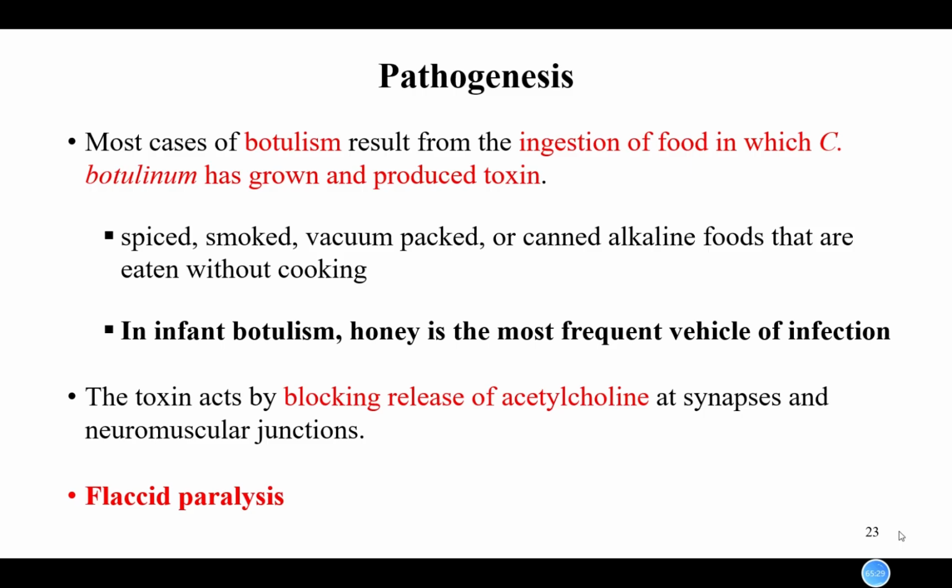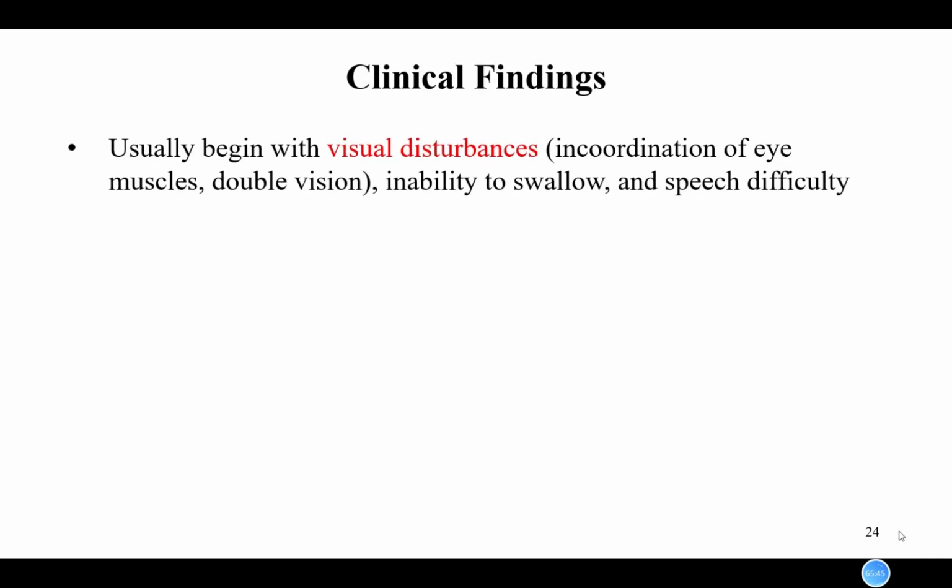Okay. The toxin blocks the release of acetylcholine and causes paralysis, the flaccid paralysis. The paralysis can influence a lot of muscles. Usually, it begins with visual problems, visual disturbances, because of the incoordination of the eye muscles, or they have trouble with double vision, or they have trouble with